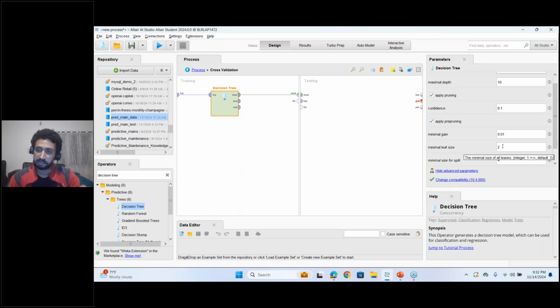And if you're keeping it at a smaller value, the tree size will increase. Okay. And the next one is minimal size for split. This is also something related to what we were just talking about. This is the minimum number of data points required to consider making a split at the decision node. So if there are fewer data points at a node than this threshold, the tree won't split at this point